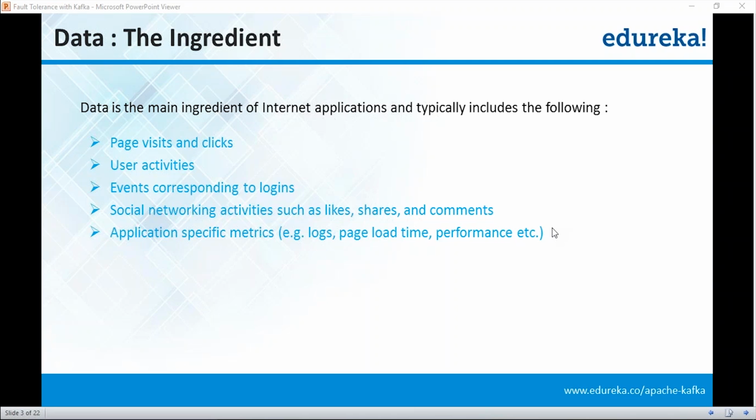You search for a product, you don't buy that product. What you did is you just searched it, you just chose it, and you just closed it. When you close the browser and then open it again and surf some other websites, you get the advertisement of the same product that you searched on Amazon.com. So there, the producers are those events, those clicks, those activities